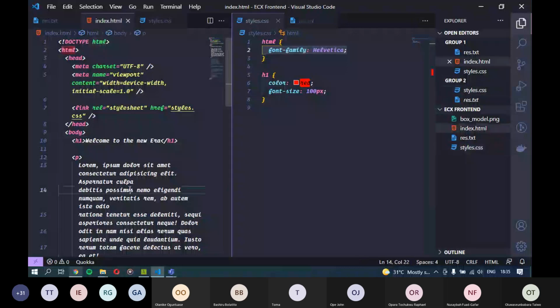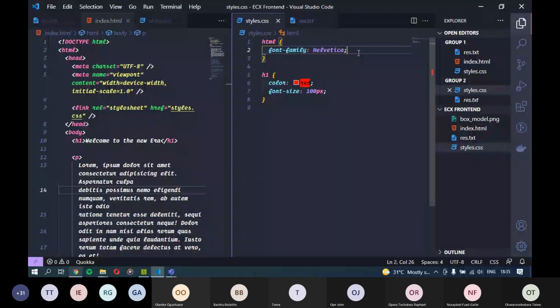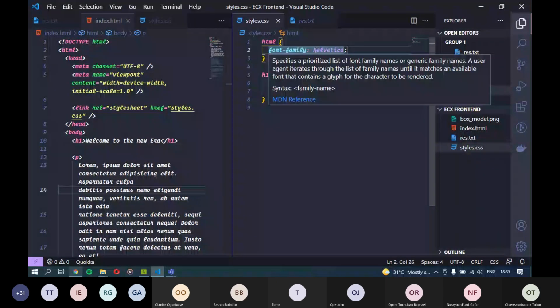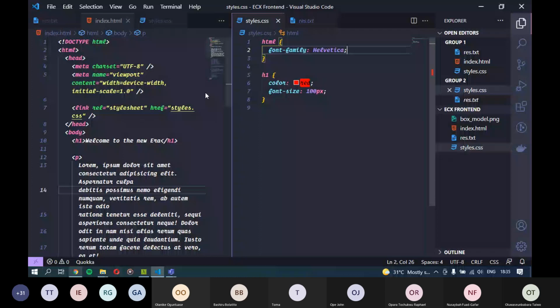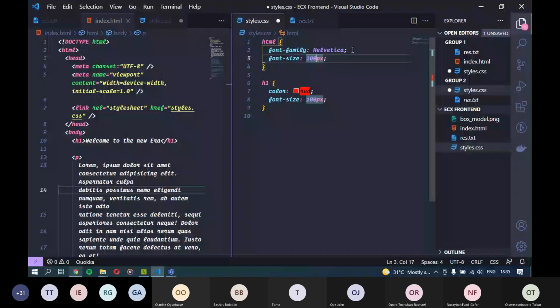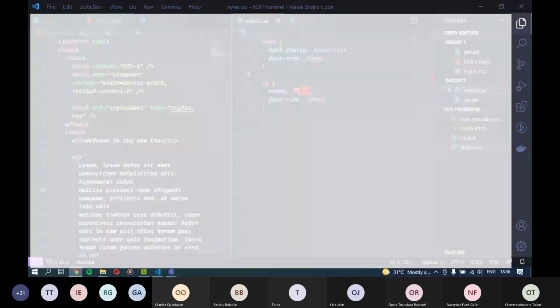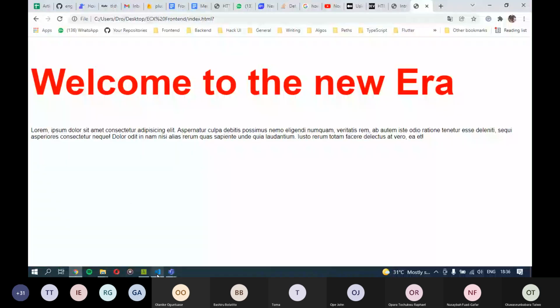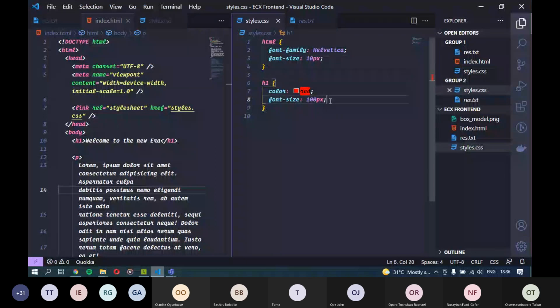So it's actually not just font family that we can do like that. We can do the same thing for font size. Let me make this smaller. So if we remove this font size and we save it and we come back here and we refresh, you see that everything has become 10 pixels now. We reduce the size of everything to 10 pixels.